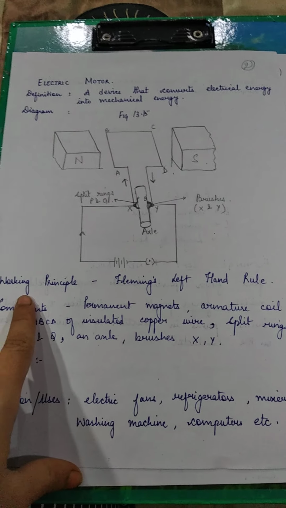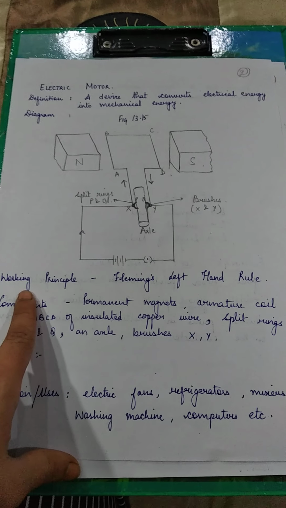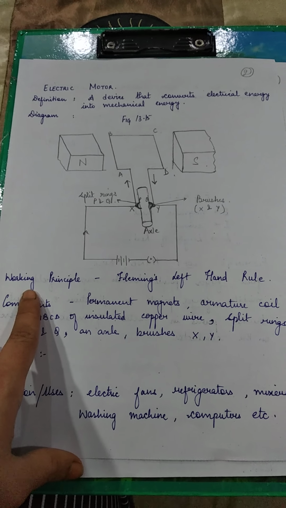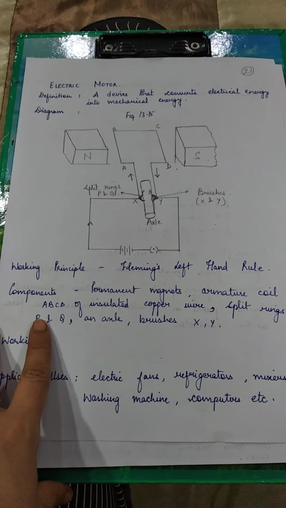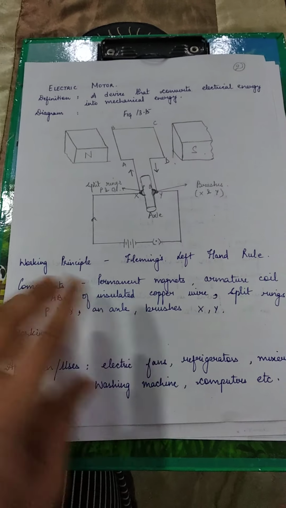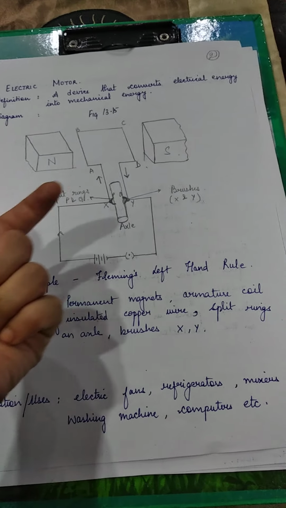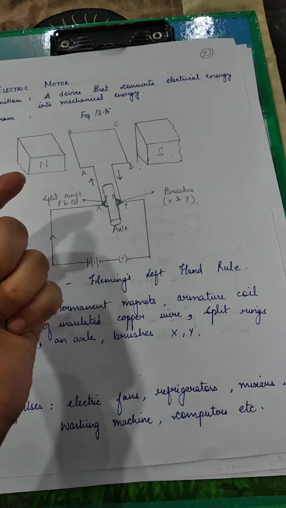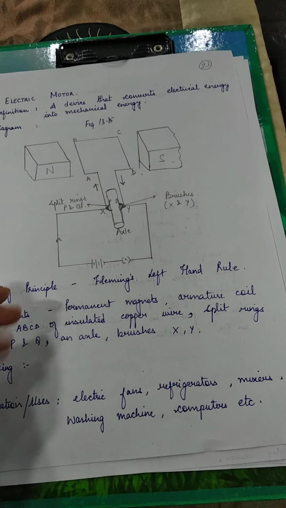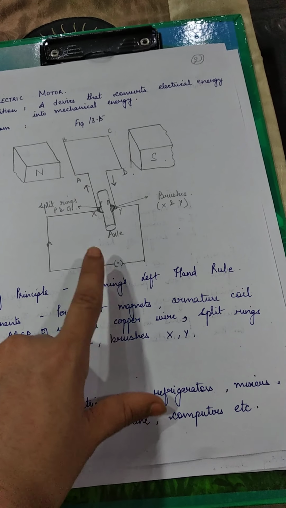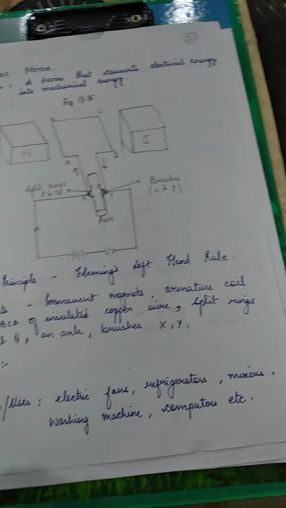But before that, its working principle is based upon Fleming's left hand rule. So here the direction of motion is very important. The direction of force is very important. So we'll be studying that. We start with the components. I've already told you, the role of the magnets is to create a magnetic field. The motion of this armature, a frame kind of structure, will produce the mechanical energy. It will be converted from electrical energy through the use of these components into mechanical energy.